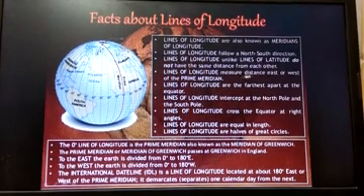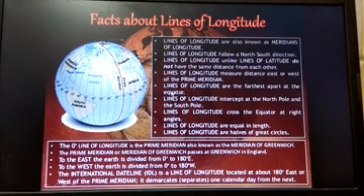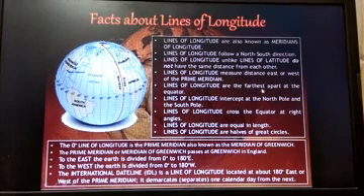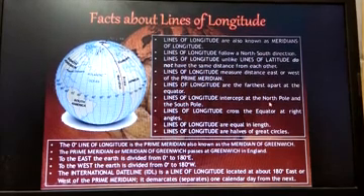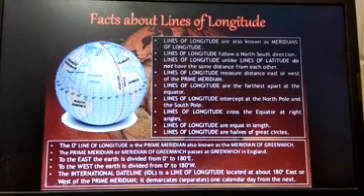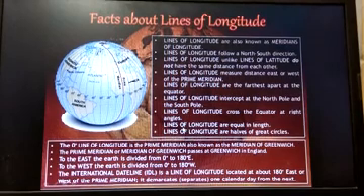Lines of longitude measure the distance in the east to west direction. Obviously, when we draw the prime meridian, then we measure the distance from this direction to this direction. So this is west and this is east. Lines of longitude are farthest apart at the equator. These lines go farther away from 0 degree to 180 degree. The lines of longitude intercept the north pole and the south pole. Obviously, because we touch both the poles. From north pole to south pole, these lines touch the poles. If you have a globe as a miniature model, you can find all these answers.